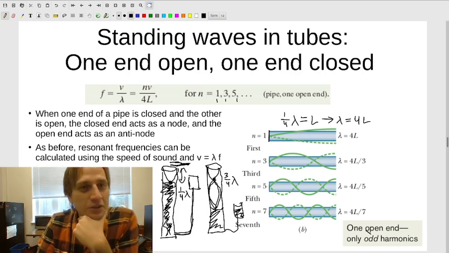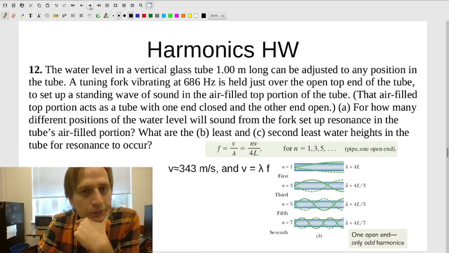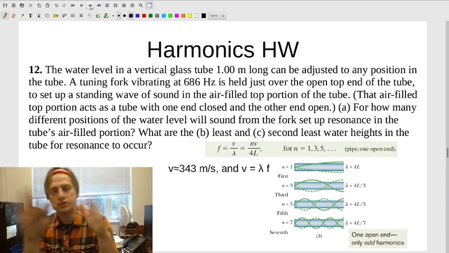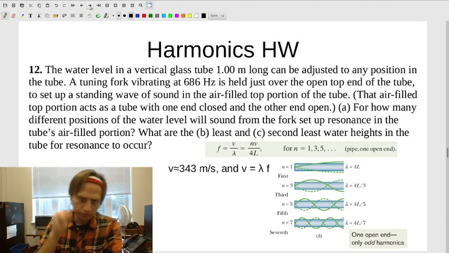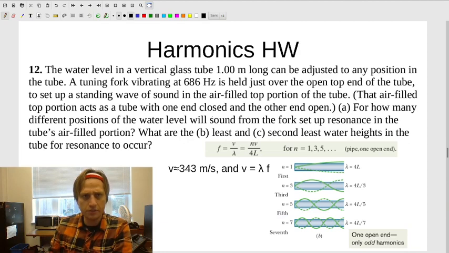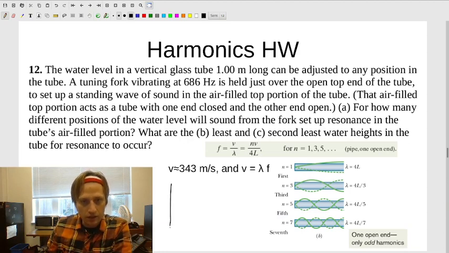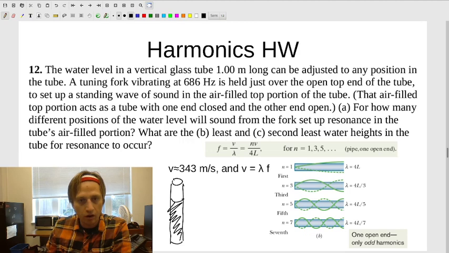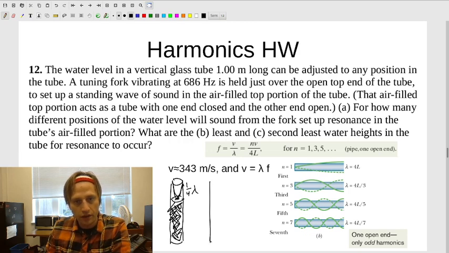Okay, so you get something around, I believe it's 343 meters per second, somewhere in that range. And so that's what this question is about. It's talking about the water level in a vertical glass. And so it is talking about the situation I just described there, where you have a tube and you've got water, and at some heights you're going to be able to fit in a quarter wavelength and then